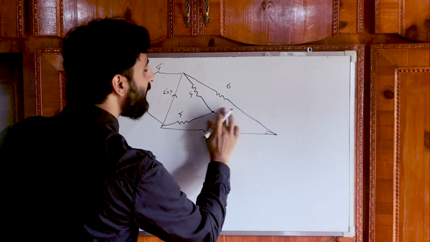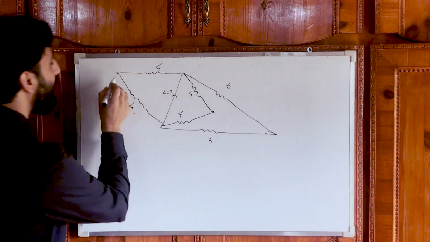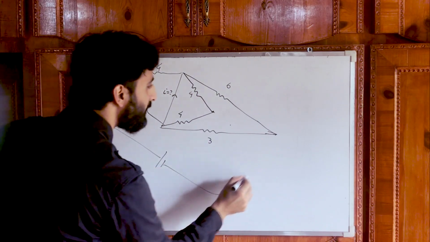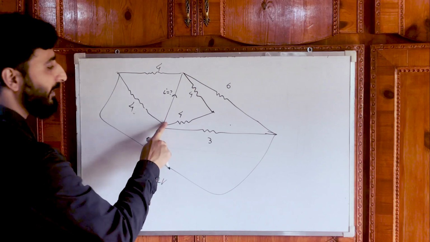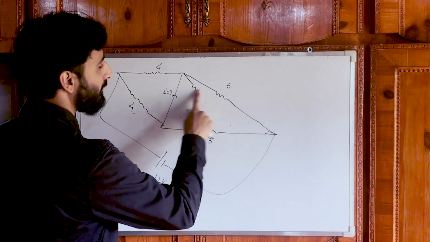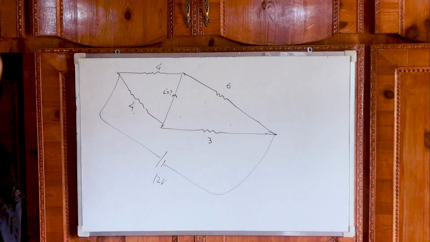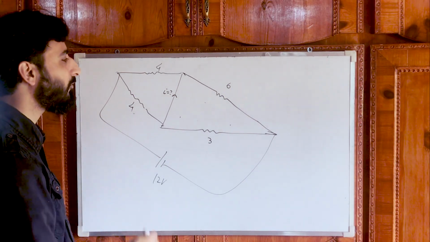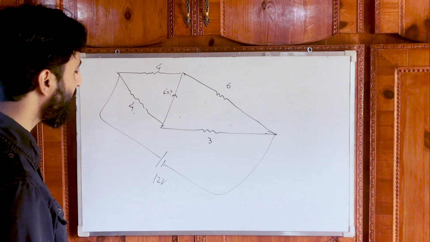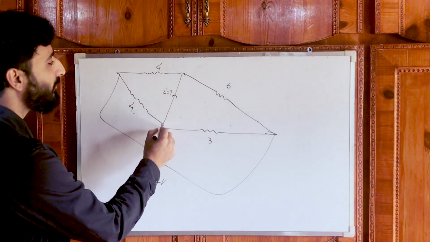We can delete the battery inside and connect it like this, 12 volt, and we can now delete this thing. Done. Now this looks very familiar and we have already solved such problems, but anyway, let's try to find out the current through this conductor